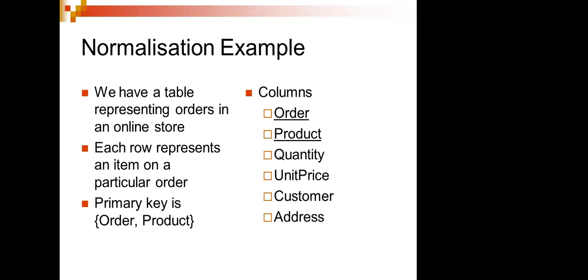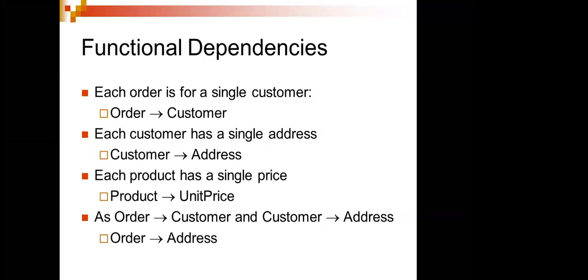So first of all, we have this particular table called orders, and I have some columns. Then the first step is functional dependency. That means which depends on what. So when I'm ordering, customer is dependent. When I'm saying customer, he has an address. When a customer purchases the product, he'll have the quantity and price, that is, how much is being spent on that particular product. So order has the customer and customer has the address, so order has the address. This is how you have to depend on the function.